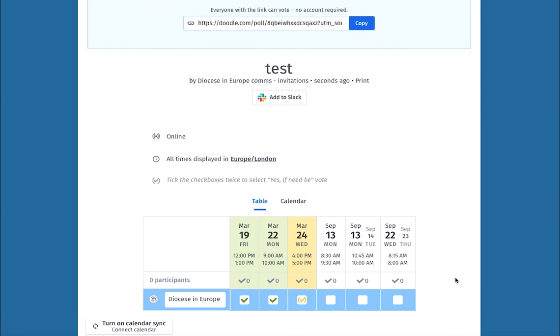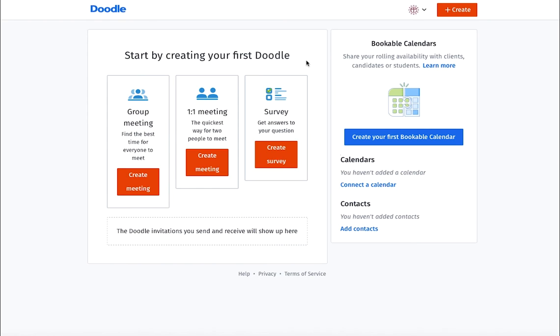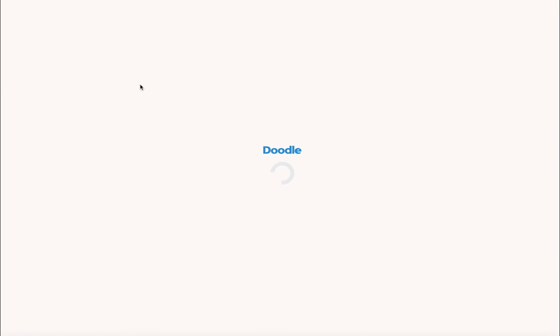And that is it. So to view what your participants have said, you'll go back to your dashboard. This is when you will sign back in after you've sent out your invitation, and a couple of days have passed when people have inputted what they can and can't do. So you click your meeting,